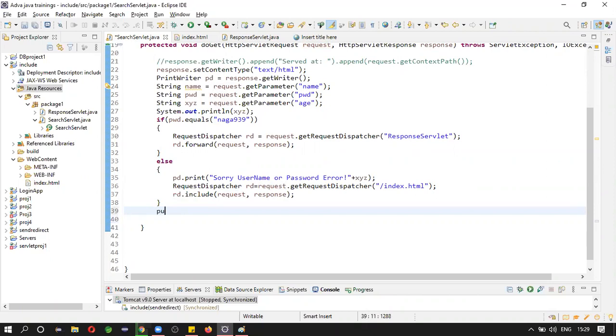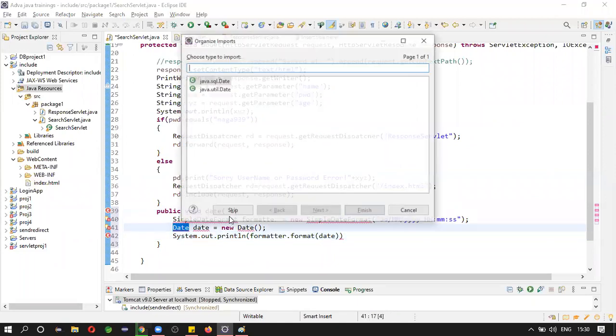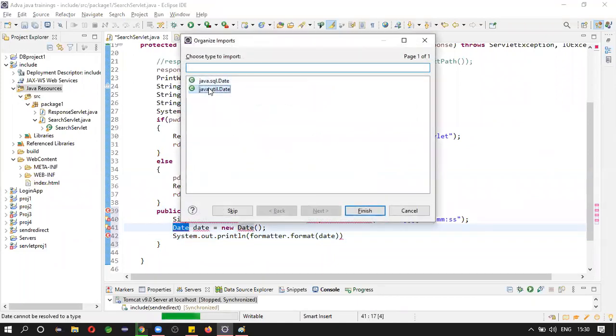Okay, so mostly we will not write business logic in the servlets. Void.